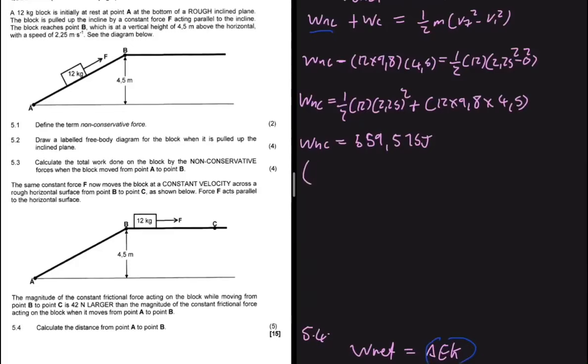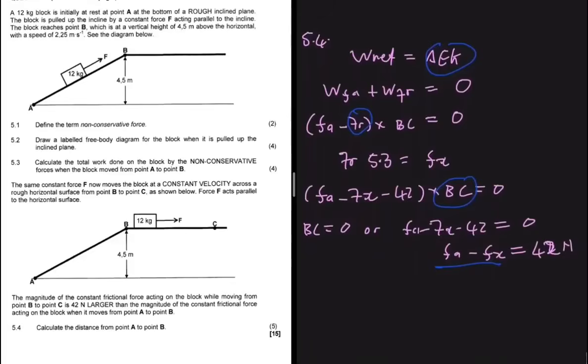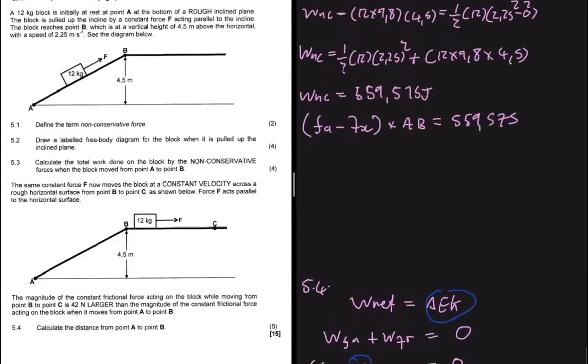So here we can instead write the applied force minus Fx, multiplied by delta x, which is AB, equal to 559.575 joules. But Fa minus Fx is equal to 42, so we can replace this with 42. So 42 multiplied by AB is equal to 559.575. If we divide both sides by 42, we get AB is equal to